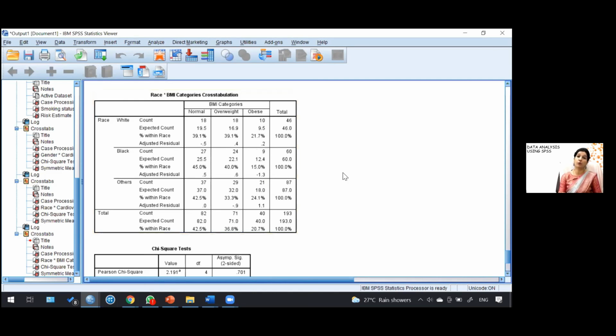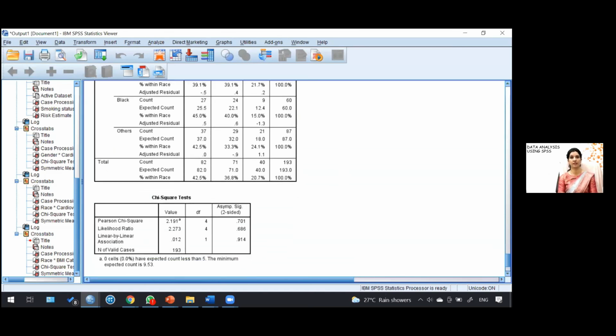I am not going into the statistical formula of chi-square value, that observed minus expected square by row 1 into row 2, column into column. That I'm not going into, because in SPSS, this software does everything in the background. And these days, nobody does it manually. We all do it on the software. So that's why I'm not going into the statistical concept and formulas of chi-square etc. We are only learning the interpretation and putting the command in SPSS.